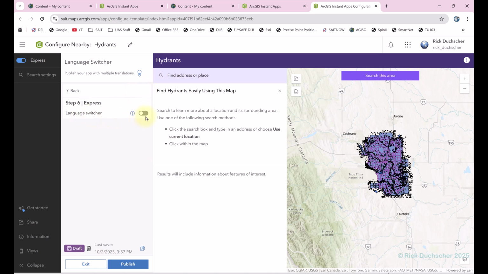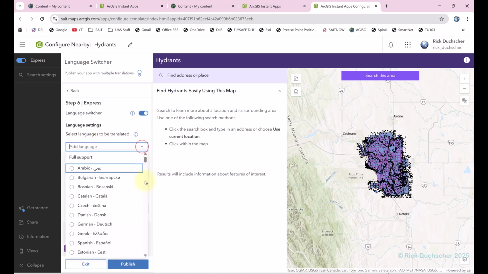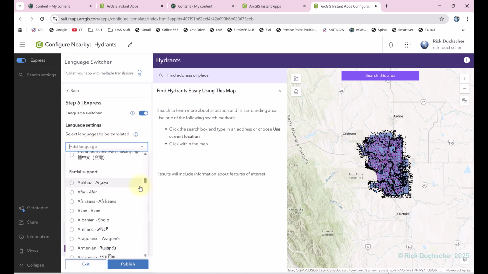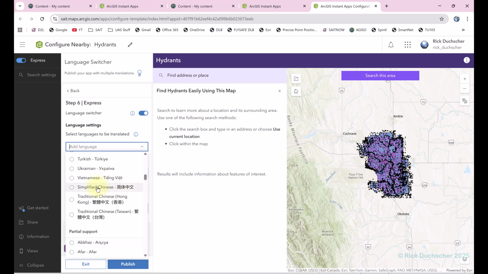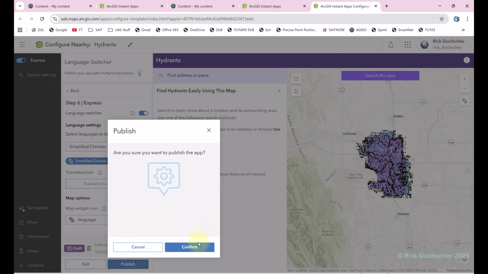We can have a language switcher if we want. If we want to add the translation, we can go ahead and do that. That's always handy too for folks. So if you've got some translation, you can add another language if you like, simplified Chinese or whatever it is that you like. Configure that if you like, and keep that map widget icon to language if you're using the translator. And once you're done that, you're going to go ahead and click publish, and that'll publish your web map live,